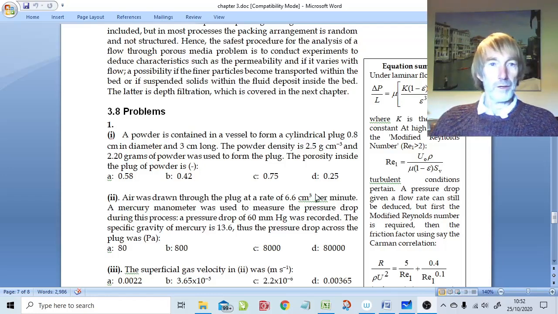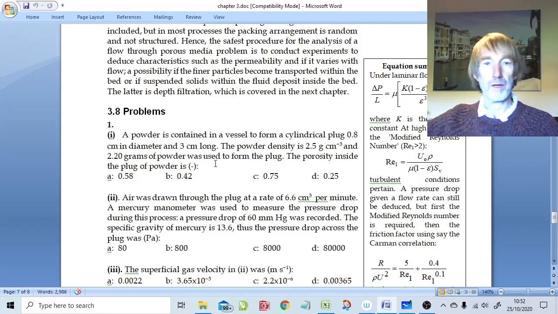Well, welcome to the problems at the end of chapter 3. So you'll see we're in section 3.8, the problems for the end of chapter 3. Just a quick run through how these problems are now going to work. You'll see this is obviously question 1 that is in front of us, and question 1 has been broken up